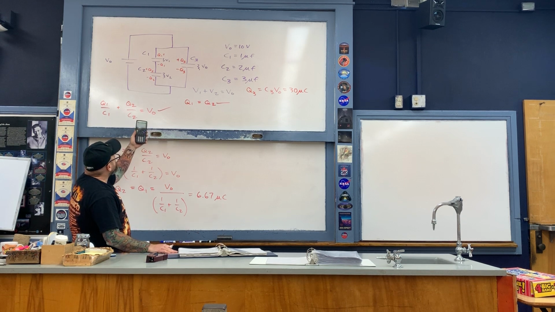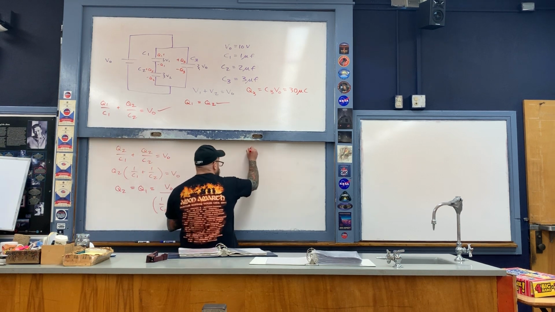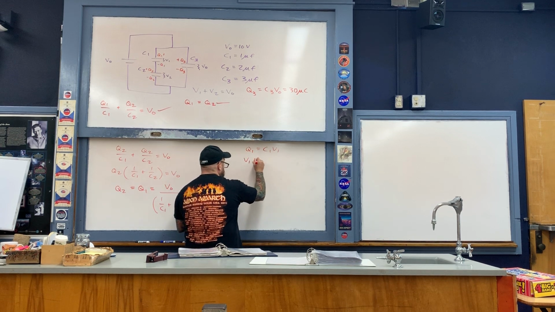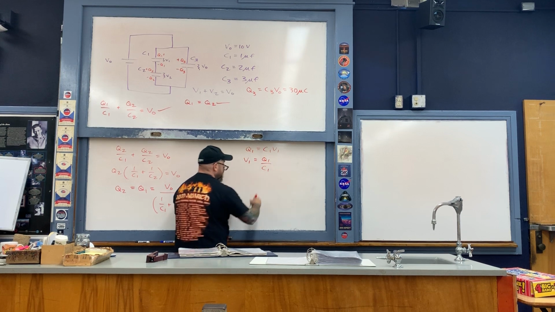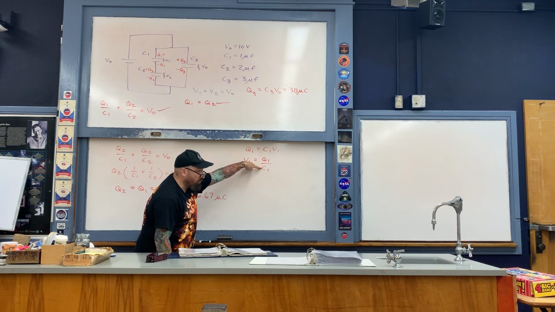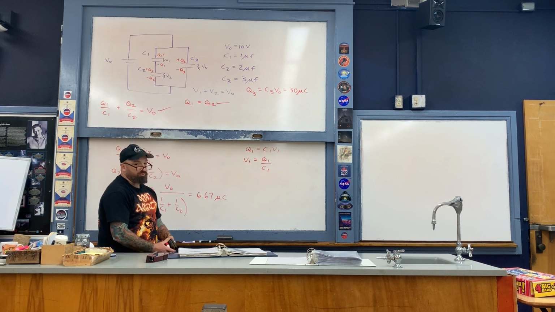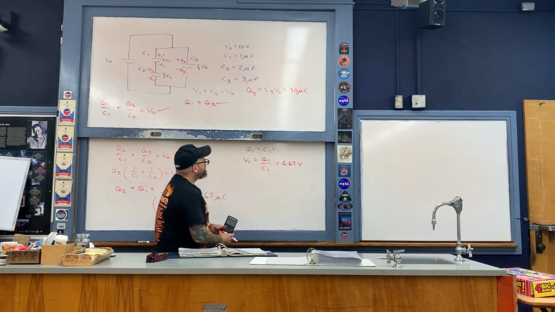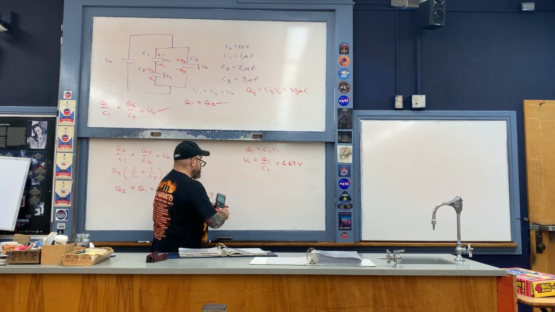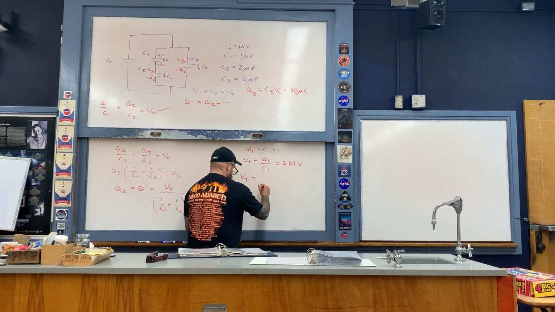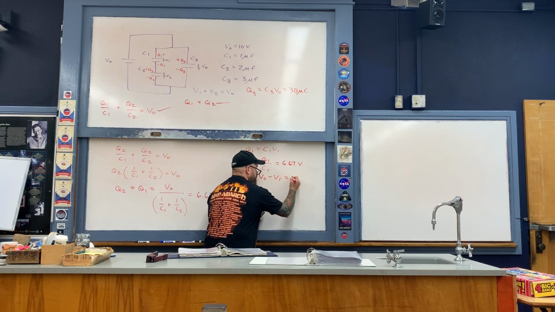Now that I know what that charge is, Q1 and Q2, we can then complete the problem by finding V1 and V2. If you take a look at capacitor number 1, first of all, Q1 is equal to capacitance number 1 multiplied by voltage V1. So now I can go ahead and find the voltage V1 by doing this. This is 6.67 microcoulombs divided by 1 microfarad. This then ends up being 6.67 volts. Like so. And then lastly here, voltage number 2 is going to equal the total voltage V0 minus V1. So 10 minus 6.67 is 3.33